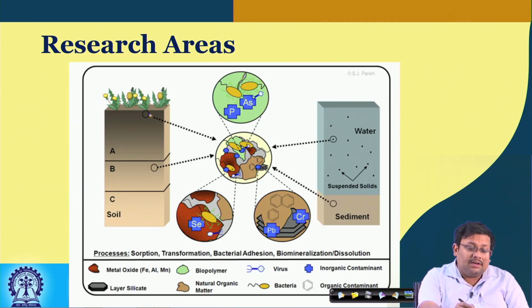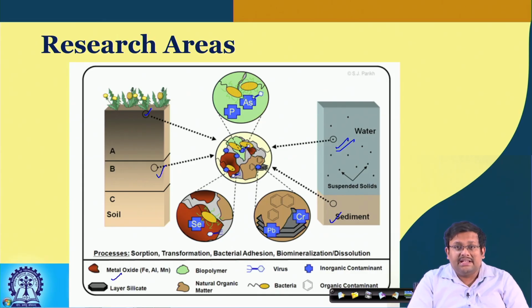When we take soil from different horizons and also from different sediments and water, they can all be used for analyzing or characterizing a number of different types of components, which are basically metal oxides. Among the metal oxides, iron oxides, aluminum oxides and manganese oxides are very important. Also, biopolymer is a very important component,